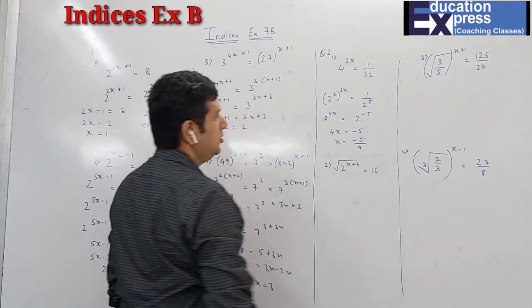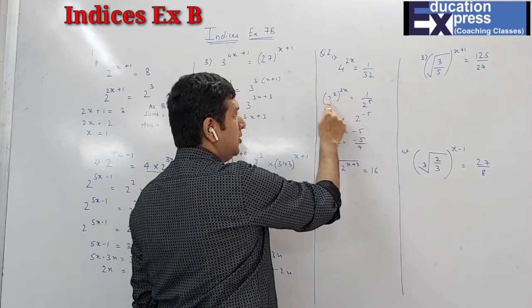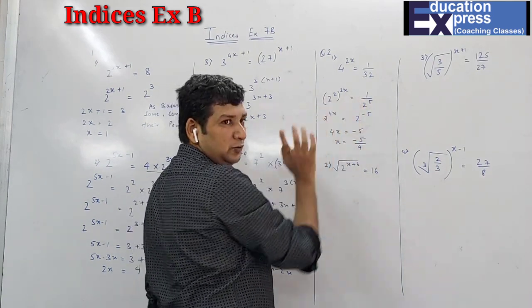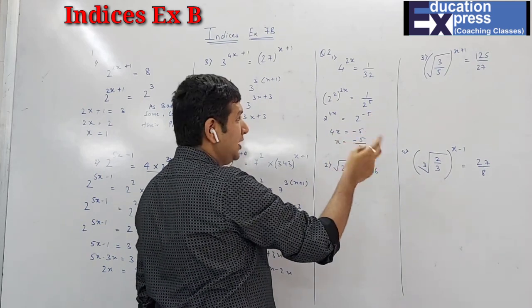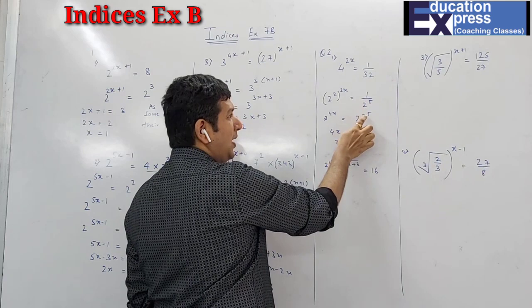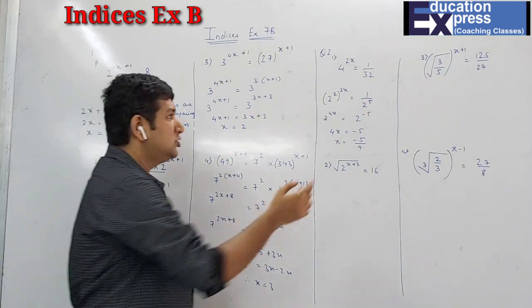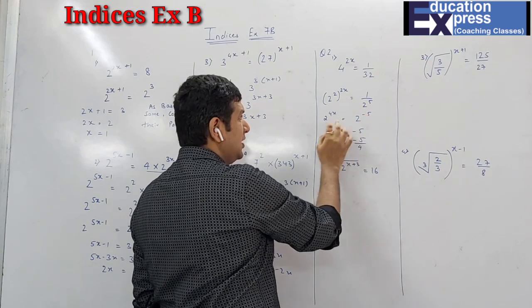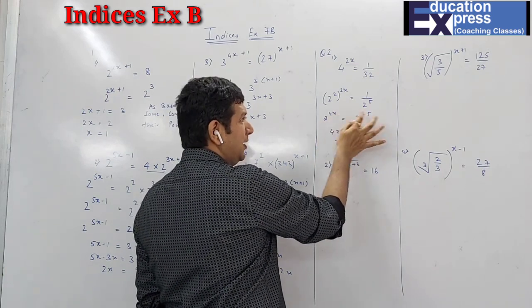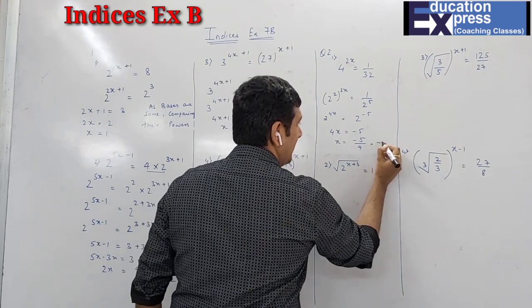Everyone, students, you understood what I did? Here it's 1 upon 2 raised to 5. So obviously here it's only 2, not 1 upon 2. So I have to get the same base. In order to get the same base, I have to take the reciprocal. But if I take the reciprocal, the power will definitely change. The sign of the power will change. So it was positive, here it becomes negative. So now the bases are same. I can compare their powers, and the answer is this, which you can write in mixed fraction form.